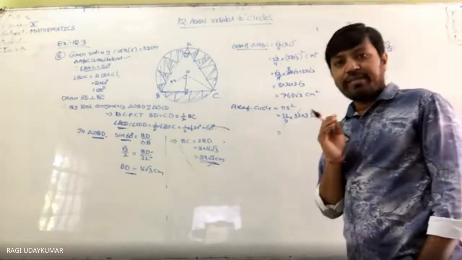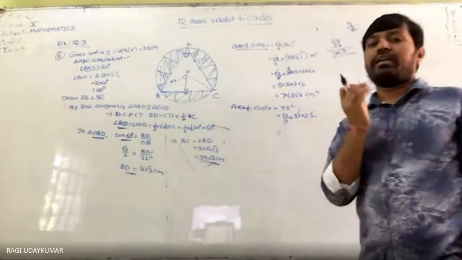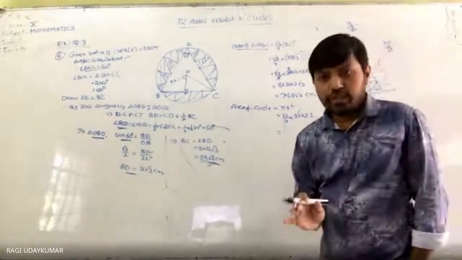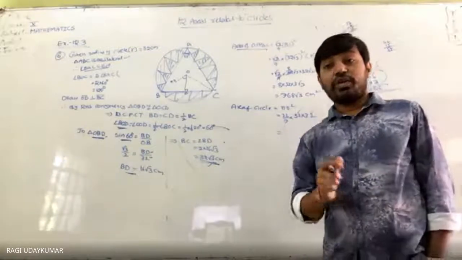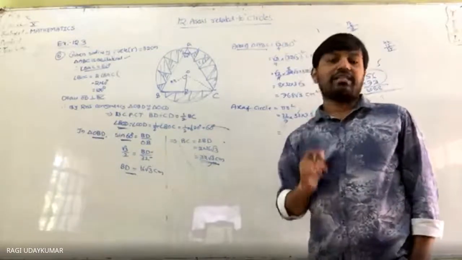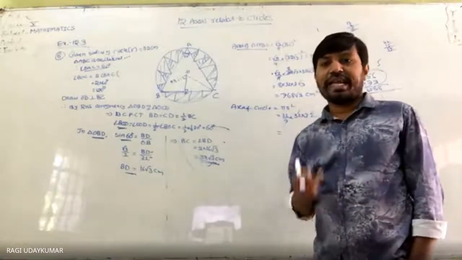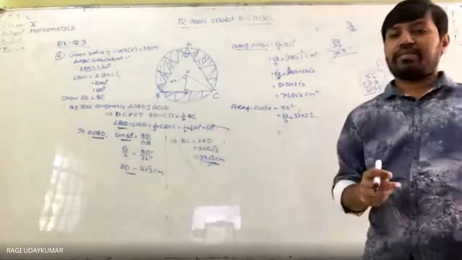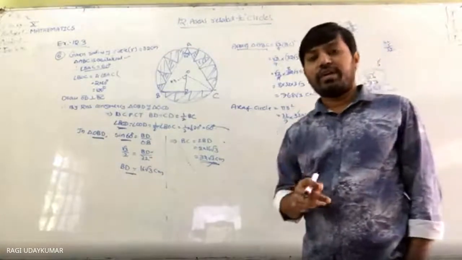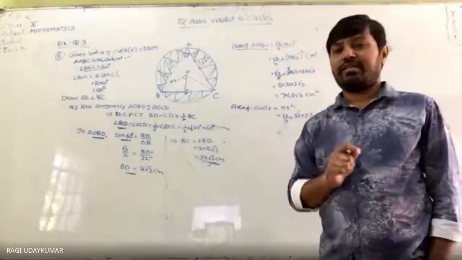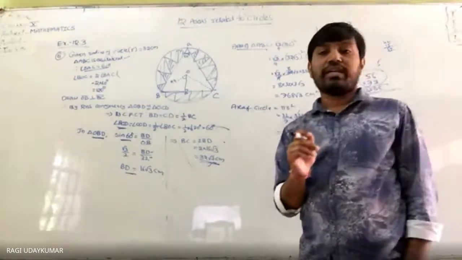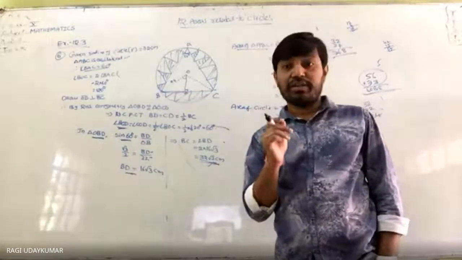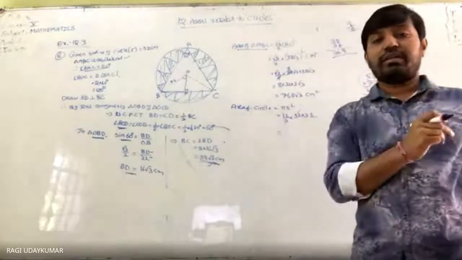I always used to say that you need to be ready with the 20 tables, wherever I ask the number. Even if you ask me 171, where do you get 99? 9 16s are 144, where do you get 18? 8 9s are 72, 9 12s are 108, where do you get 12? 9 2s are 18, 6 3s are 18. So you should be ready to say like this. So please revise the tables, I always insist.